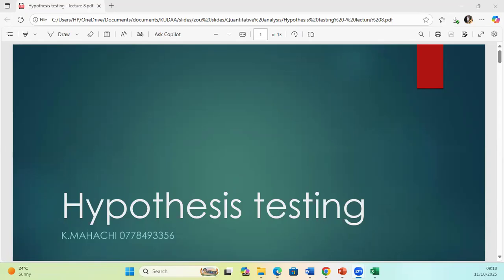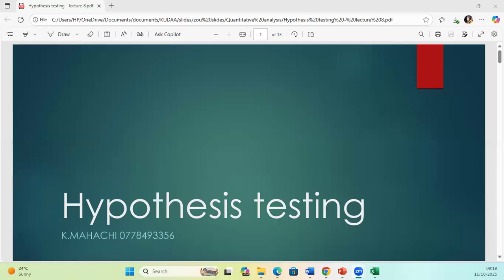So today, introductory hypothesis testing. So we want to look at hypothesis testing. Okay, so in the last session, we did introduce hypothesis testing. So today we want to move on from what we were discussing in the previous session. The main issue in the last discussion was the confidence intervals. We're looking at the limits, the confidence limits. Today, we want to talk about hypothesis testing, which is chapter 7 of your module. Hopefully, we'll be able to cover all of it today so that in the next session, we can look at